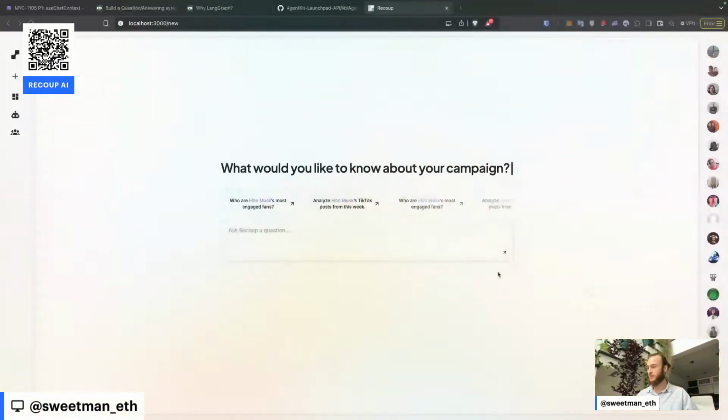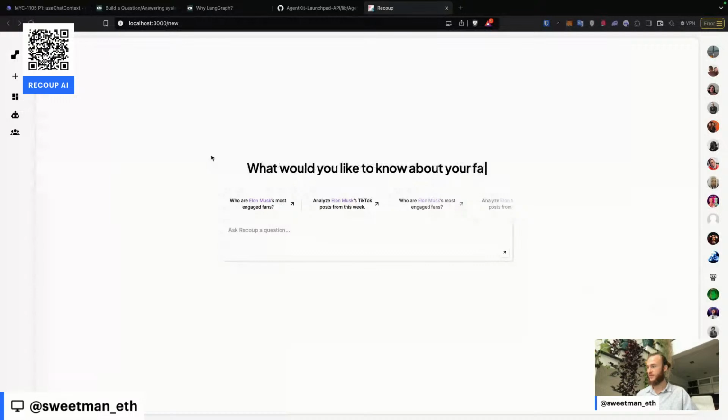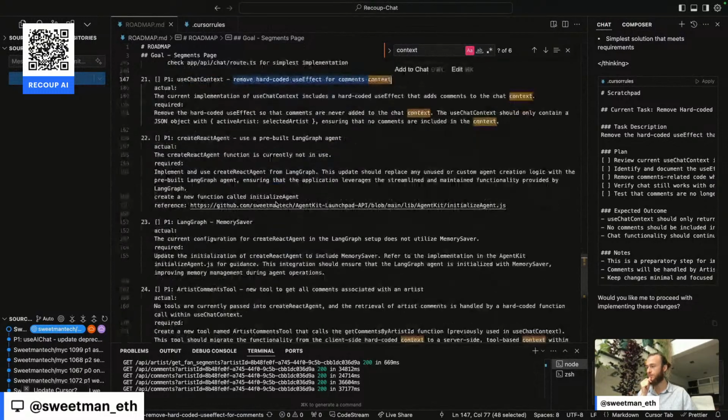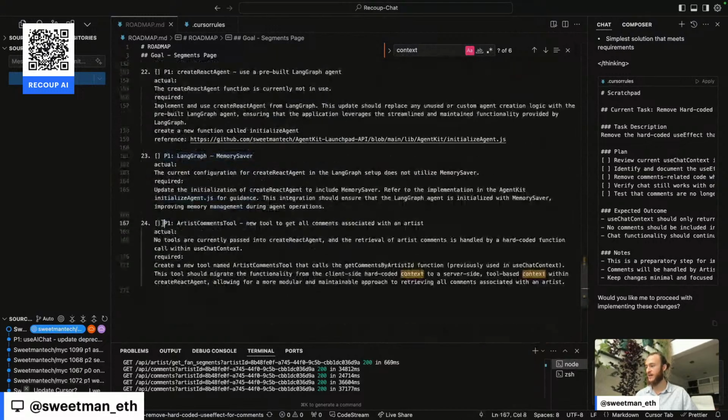I've already got my app running and we've already defined our first task. First task, we're going to update our use chat context to remove the hard-coded effects for comments. Then we will be adding create react agent, which is a pre-built LangGraph agent. Then inside of LangGraph, I'll be using memory saver. And then finally, we'll create an artist comments tool, a new tool which will get all the comments associated with